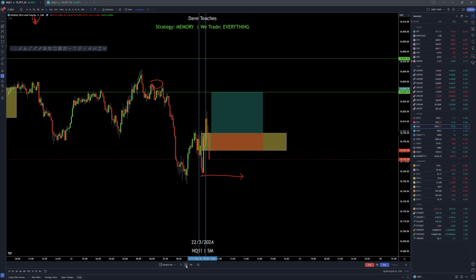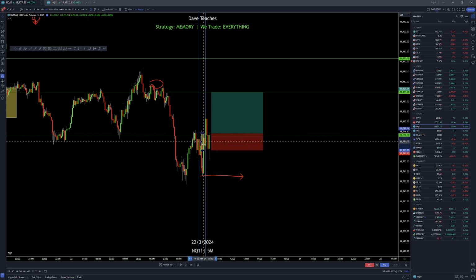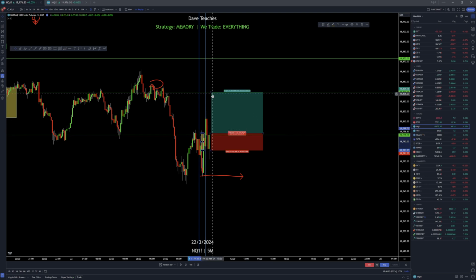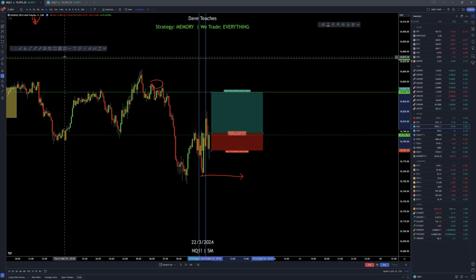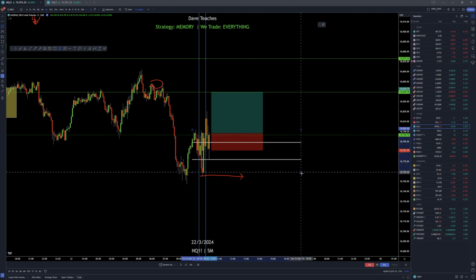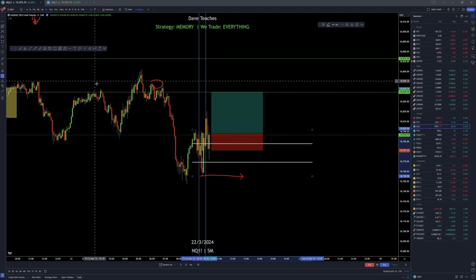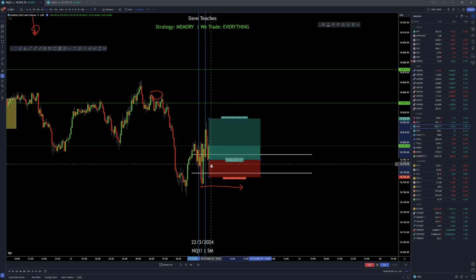Up, look at that. Yeet. Idea gone. The idea behind this POI is gone, right? The idea behind this POI, but not the idea of trading back to this right here. It's just where I was starting. So if you see, we actually hit the 50% of this zone, right? So if we hit the 50% of that zone, a lot of the times